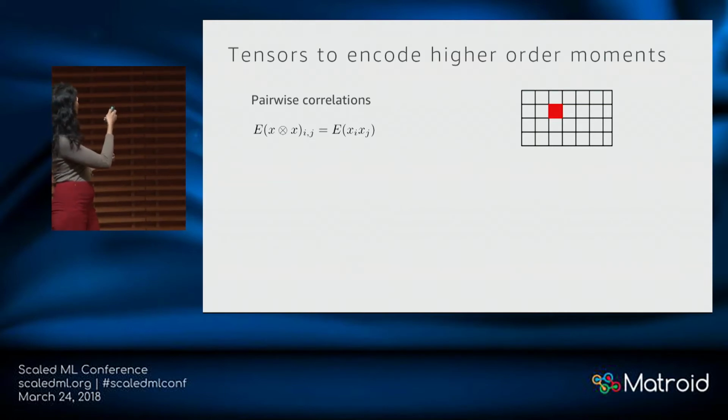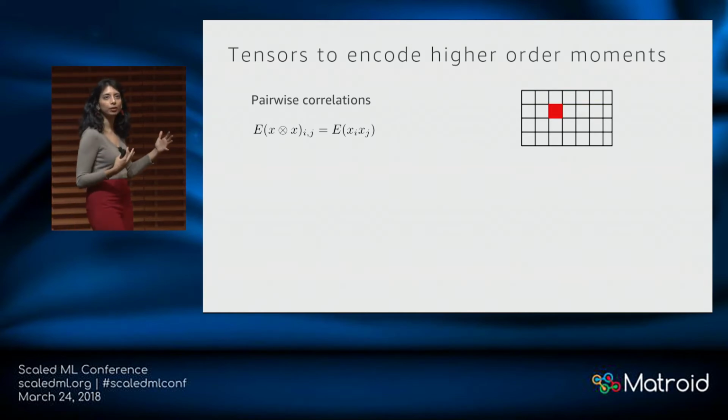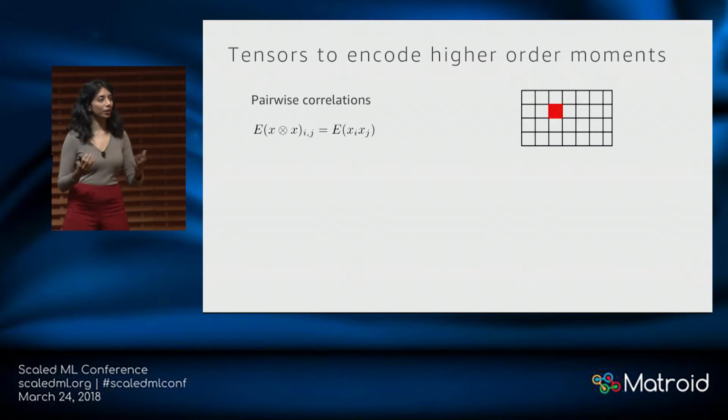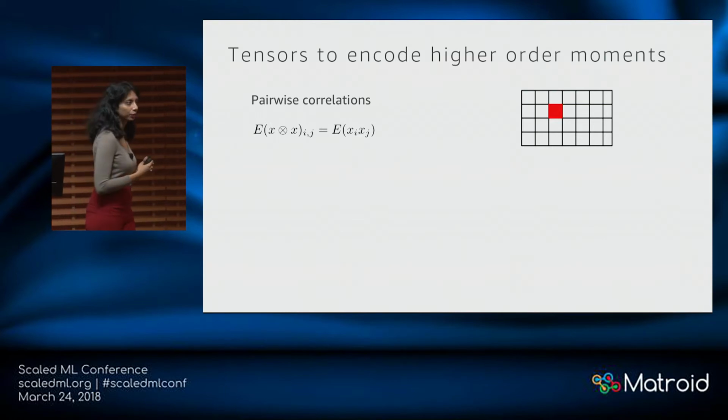So if X is a random vector here, you're looking at the cross correlation between every two entries of X, as well as the self correlation. And all such correlations can be put together in a matrix, right? So every ijth entry will be the corresponding correlation between the entries. And so this is very familiar to us to represent pairwise correlations.